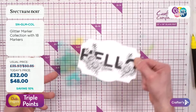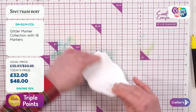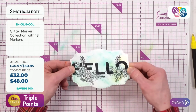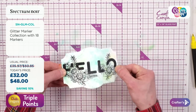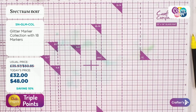What I'm going to do, I have got a spare one, so I don't want to waste too much. So let's take up that excess here. So we've got another one. It's not as powerful, but that's going to happen. The more that you use up the excess, the lighter it gets, but you're still going to get sparkle coming through once you have dried it. So let's take another bit of...